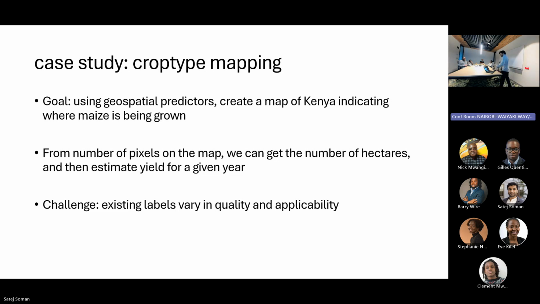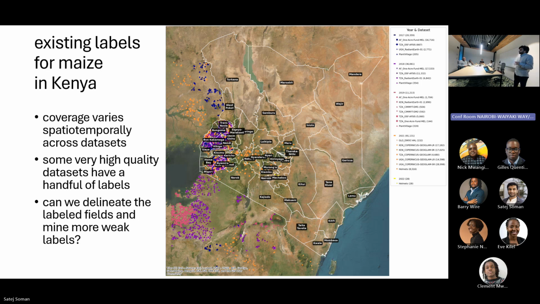So we've sourced a handful of surveys of agricultural areas that try to mark in a geolocated way that, oh, this GPS coordinate is in the middle, or at least, if not in the middle, very near a field that's known to be maize, right? But what you can see is that the available labels differ in terms of when they were collected. So some of the labels were collected way back in 2017, and some of them were collected in 2022.